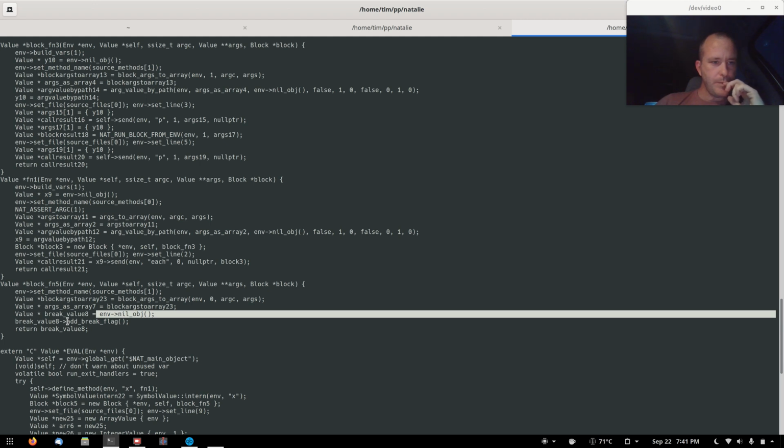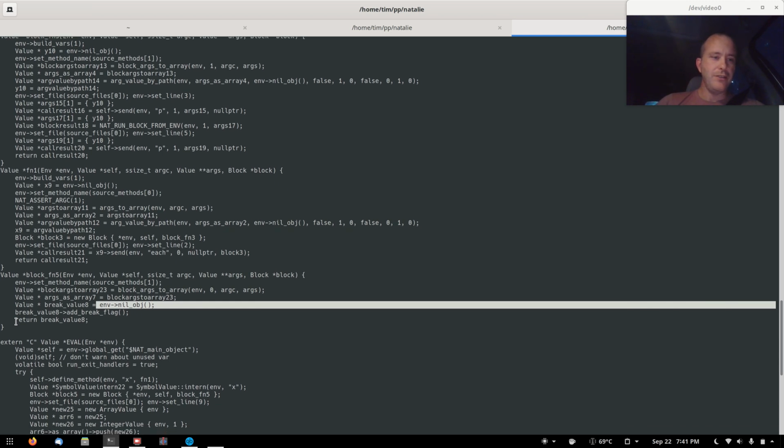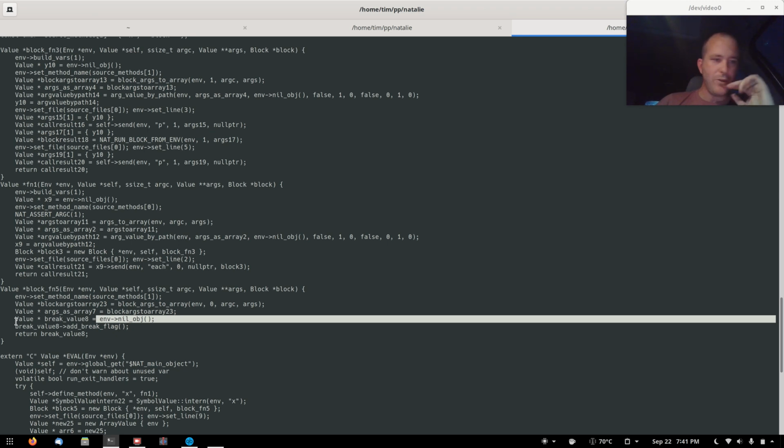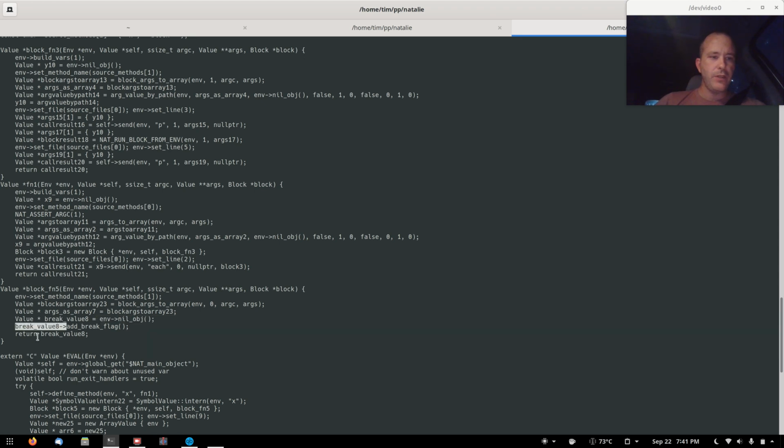So the way break works in Natalie is not the same way that Ruby, Matz's Ruby interpreter, does it. Matz's Ruby interpreter has a VM, and they can manipulate the stack directly, at least I think that's how they do break. And we don't want to mess with the stack in C++. So what we do is we have flags on values, and one of them is a break flag. We set it on the value. We return it from our block, which is a function. And then the calling